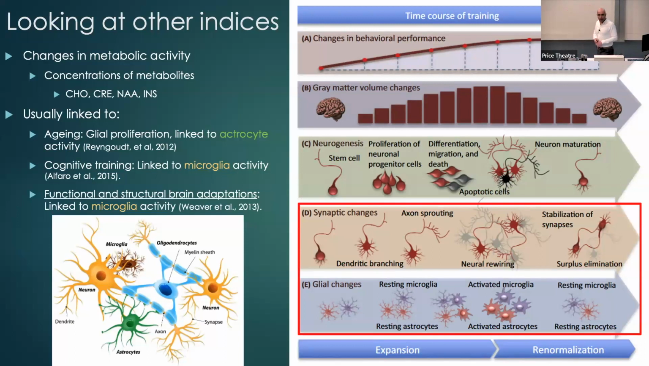There are other ways of looking at this. Looking at changes in metabolic activity in the brain. So metabolic activity can be measured by looking at certain chemicals, the availability of which changes according to certain events. So we're looking at choline, creatine. I won't bother you with that much, but the changes in the concentrations of these metabolites are usually linked to things like aging, linked to astrocyte activity, cognitive training, microglia activity, and functional and structural brain adaptations, which is what we care about, again linked to microglia activity. So you can measure these concentrations and use them as indices of neuroplasticity, of changes in structure. And that's what we did